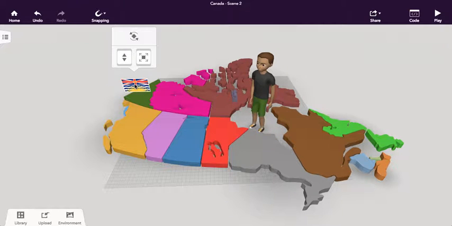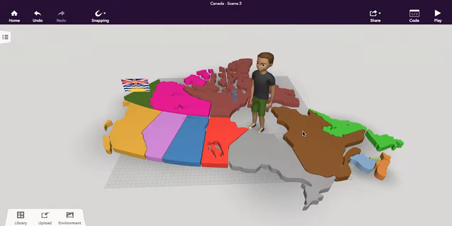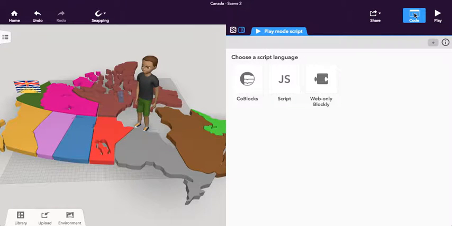And I also did the same for the flag. So if you click on the flag, you can see that this is also on. Make sure that every single one of your models is turned on to be able to use in the coding window over here. Okay, what we're going to do now is we're going to click on code, and you're going